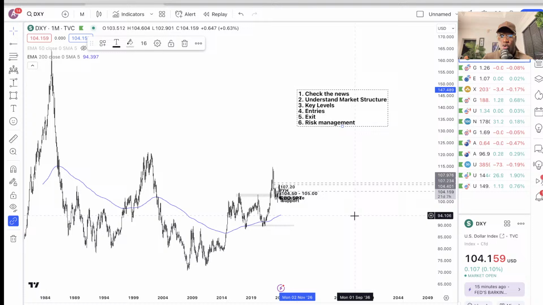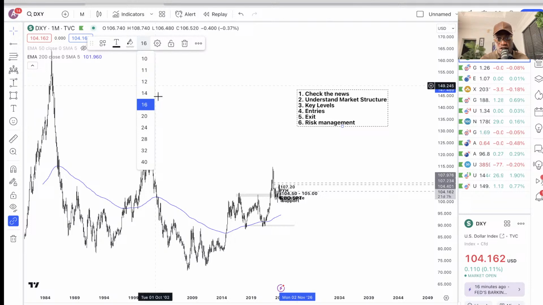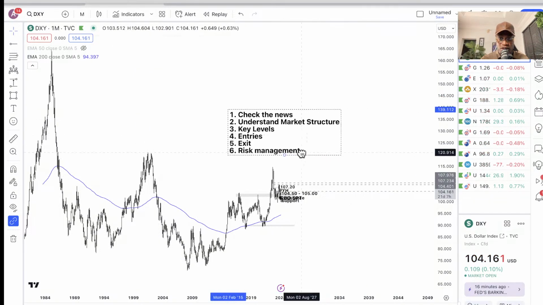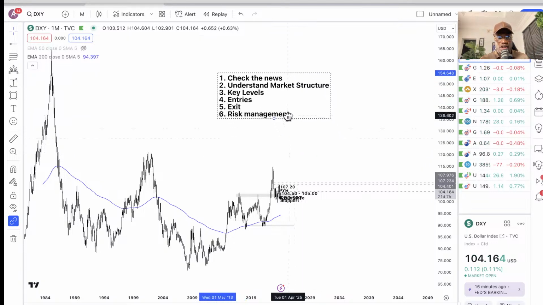If you go through these 6 steps before executing your trade, you would have eliminated overtrading, high risk, emotional trading, and uncertainty. Even though you're not always 100% certain in the market, in terms of how much you're going to risk on that trade, you'll be certain. How much you're going to make on that trade, you'll be certain about that. And you need these steps, you need this level of confidence to improve your trading abilities. So now that we're done with the 6 steps, we're going to look at the dollar index.